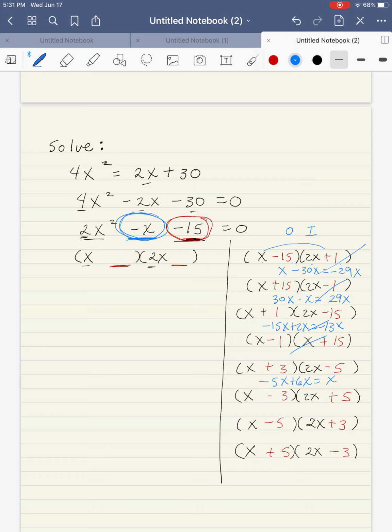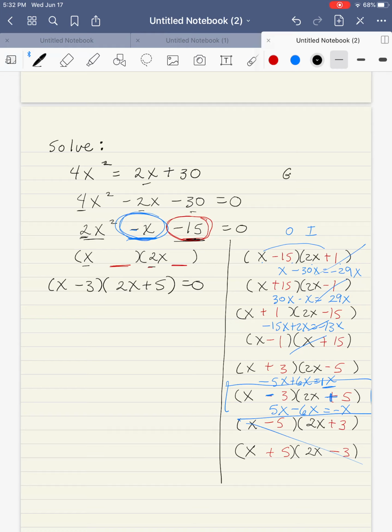And I see that's equal to x, and I see I'm getting close. Notice I have the same number, a coefficient of 1, but instead of having a minus, I have a plus. So that means if I flip-flop my signs here, my 2 outer terms times my 2 inner terms gives me negative x, and this is the one that works. I don't even have to try those. So when I go back over here to write my factors, I have x minus 3 times 2x plus 5